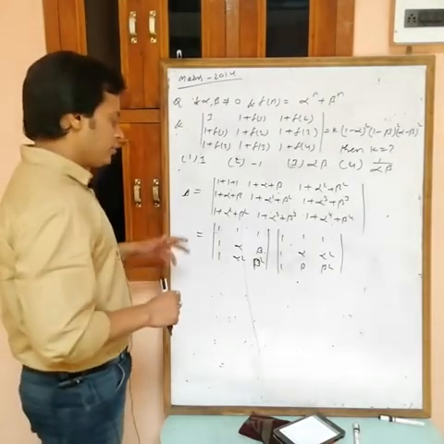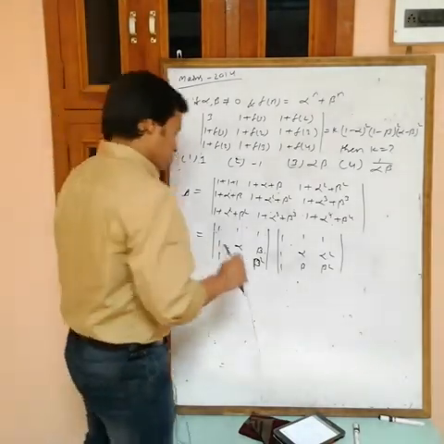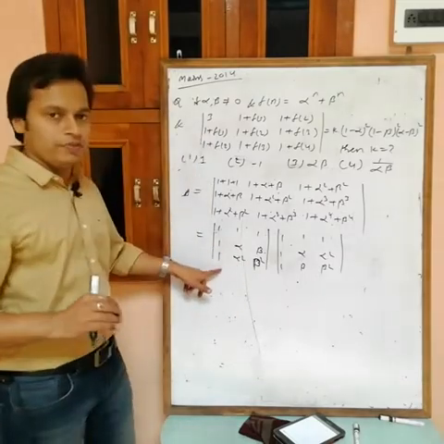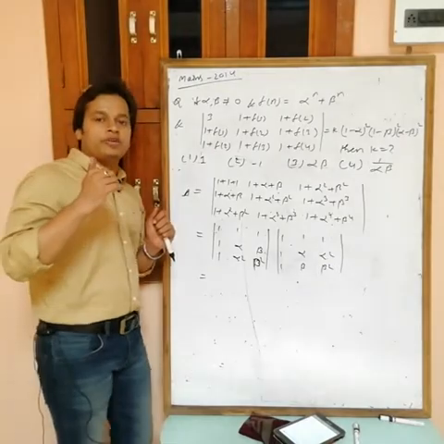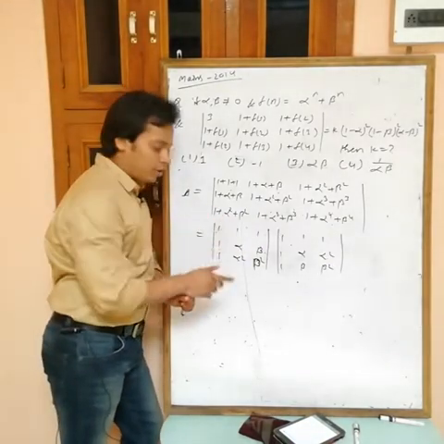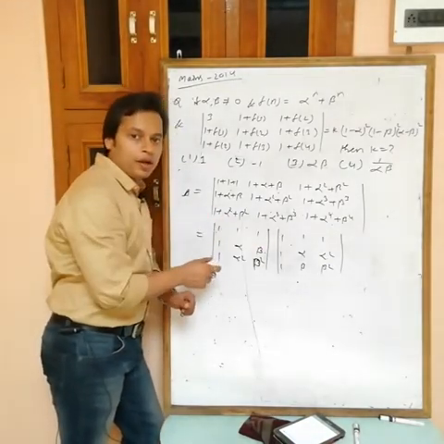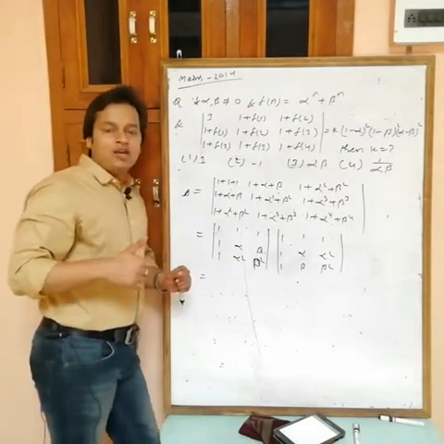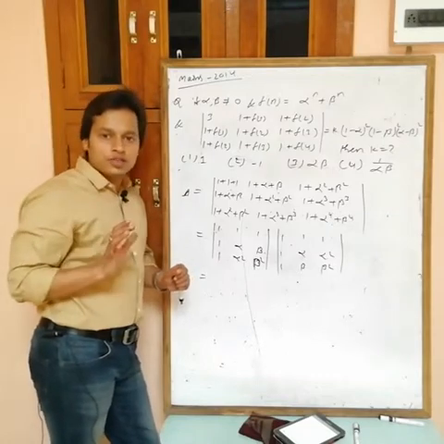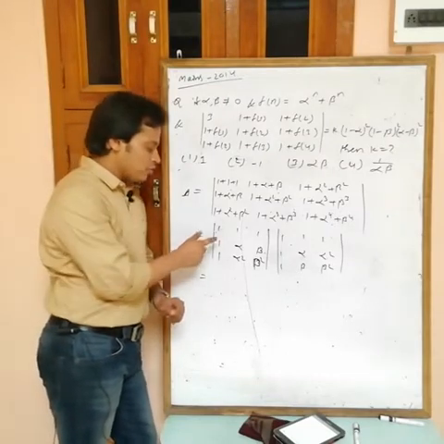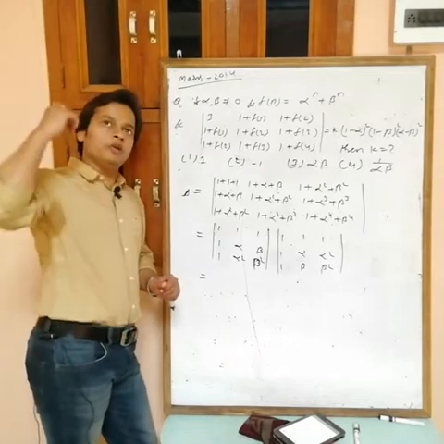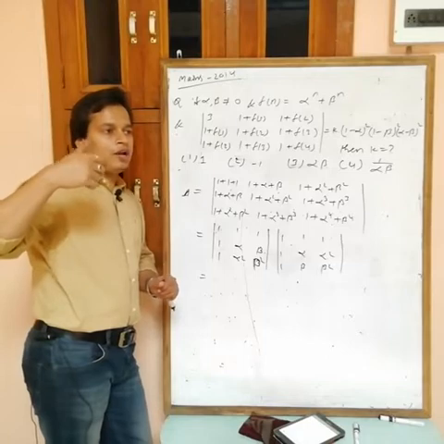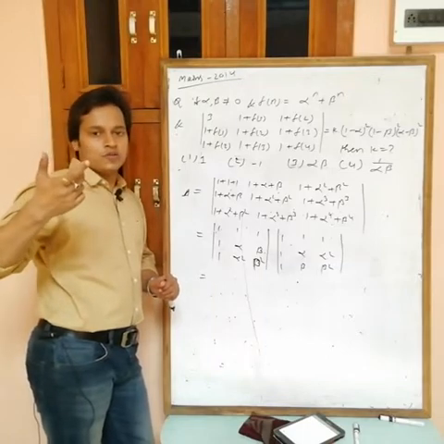And in this determinant, if you find the values, then see, can I write this one as, if you find the value of this one, then we have the determinant as 1 1 1, x y z and x square, y square, z square. That value is (x minus y)(y minus z)(z minus x). Here at the place of x we have 1. So if you replace x as 1, what you will get? (1 minus y)(y minus z)(z minus 1).